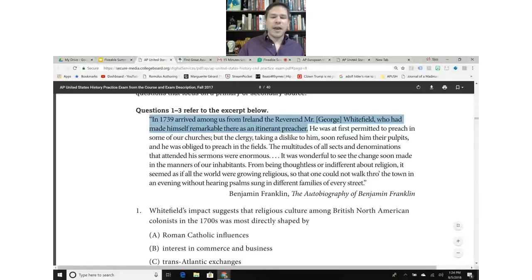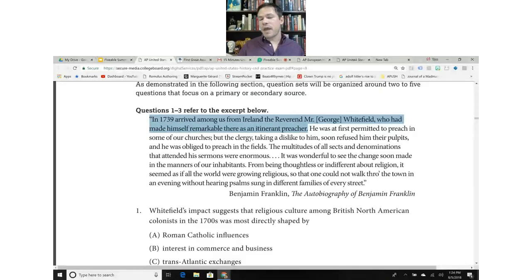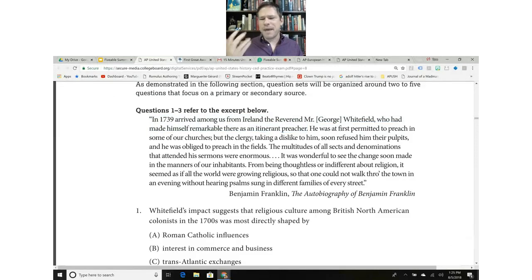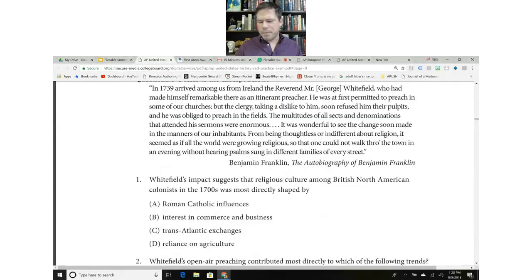Now, I already see, all right, this is about the First Great Awakening. Now, again, we've got Benjamin Franklin, so we put him in the late colonial period, and we see that there is George Whitfield. So this is about the First Great Awakening. So a student now just needs to... Now, you could get into that really complex, like Benjamin Franklin's a man of the Enlightenment and all that, but you probably don't need all that stuff. This is actually pretty basic, and the specific stuff is really much more tested in the free response sections.